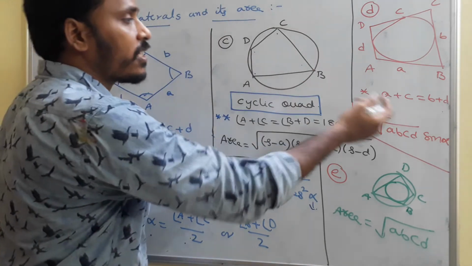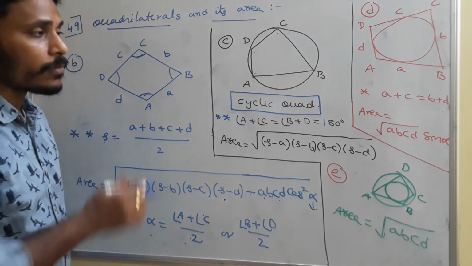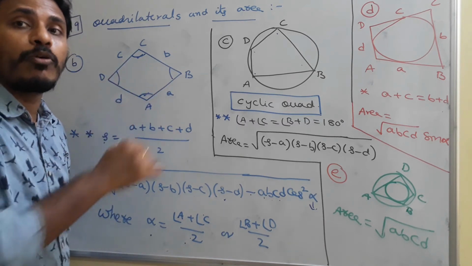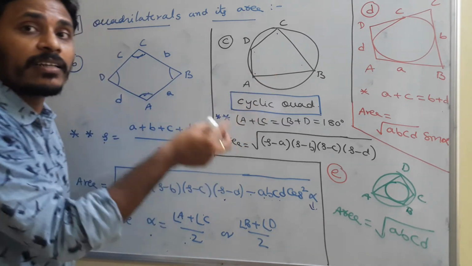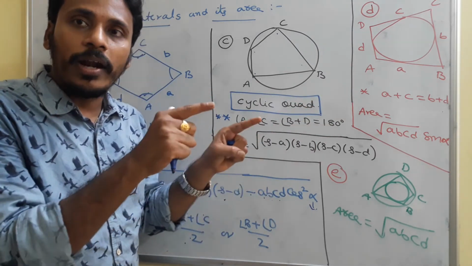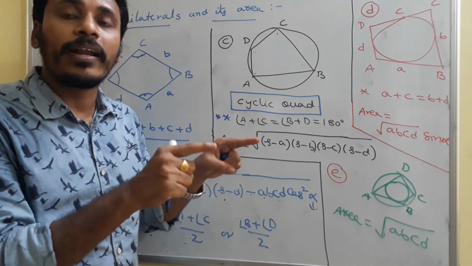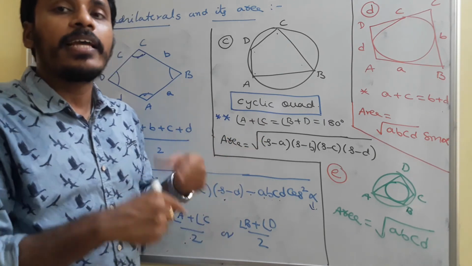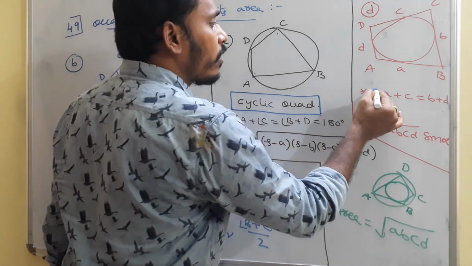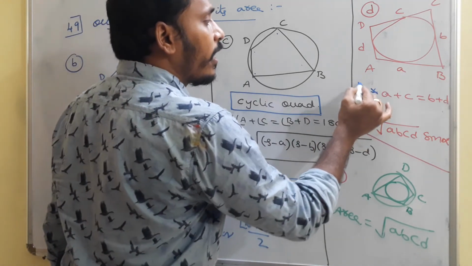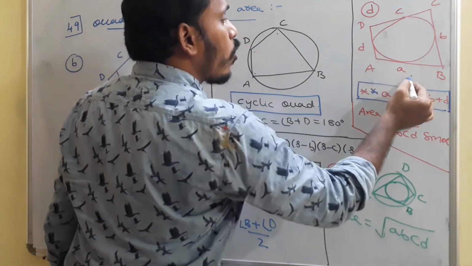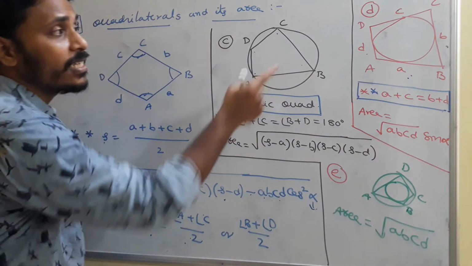Whereas coming to the next thing, there the quadrilateral is circumscribed about a circle. Here the quadrilateral is inscribed; there the quadrilateral is circumscribed. Since the quadrilateral is outside, we say that the quadrilateral is circumscribed about a circle. Then in that case, again we have this beautiful thing from plane geometry that A plus C is equal to B plus D. The sum of the lengths of the opposite sides are equal in such a case.